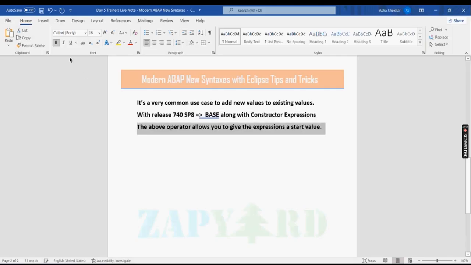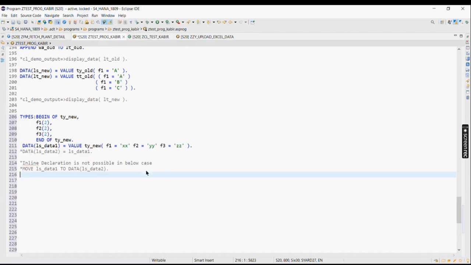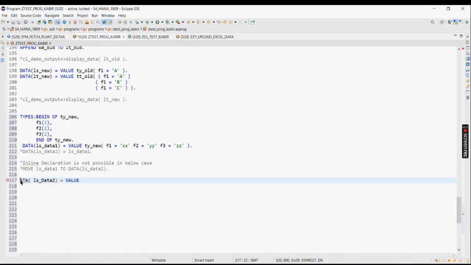Yep, so let me just finish this and done. So now how do I write that? In this case, I want to create a new structure, ls_data_2, right? And here I want to pass the data from ls_data_1, right? So I will use a value operator because I want to construct something, and once I